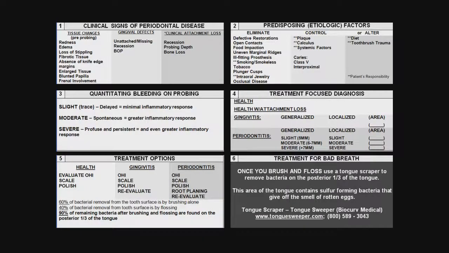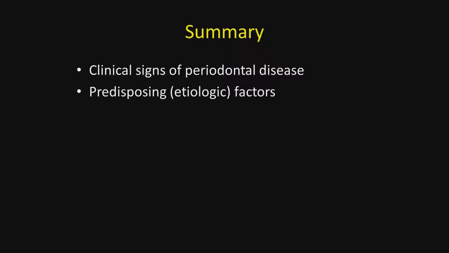So we see in summary here the 6 categories that need to be dealt with on a complete periodontal exam to come up with a treatment-focused diagnosis and a means of treating bad breath. Summary. The clinical signs of periodontal disease. This is where the student is forced to look at the tissue prior to probing to look and see exactly what the tissue looks like. Then they pick up the probe and determine